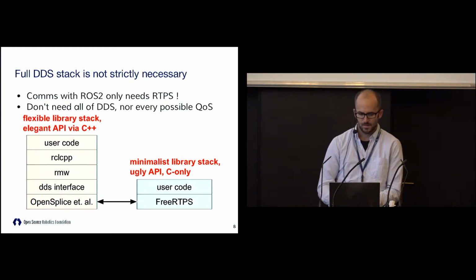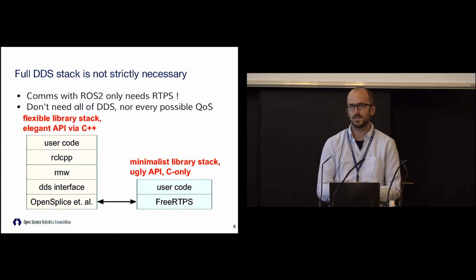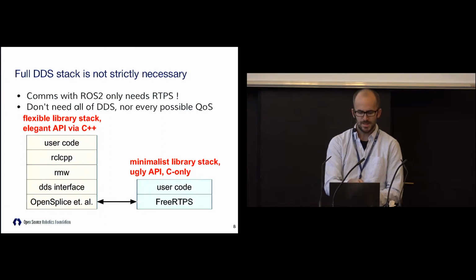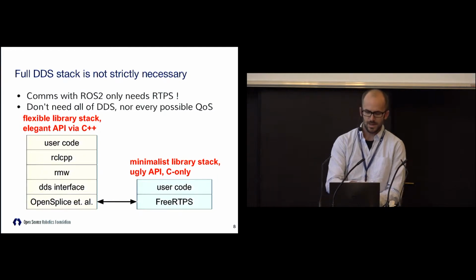So that really opens up the space a lot, because once we realize ROS has its own API, we don't really need to follow the DDS API. Instead, we just need to produce the network traffic that the DDS nodes can understand. So on the left side there is the full ROS2 stack, which we'll have talks more about over the next few days. It's a very elegant API.